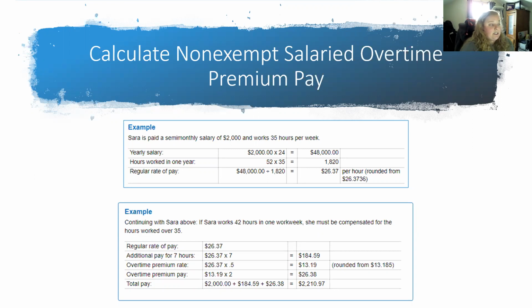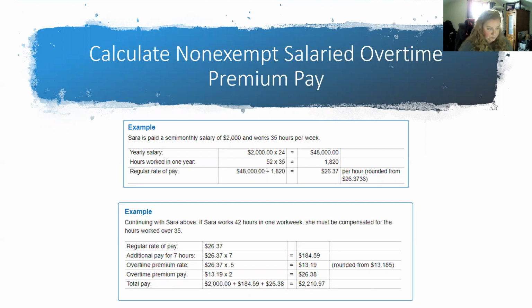Now, she is on a 35-hour week. So instead of multiplying 52 by 40 like we did in the last example, we're going to multiply 52 by 35, which gives us 1,820 hours that she should work during the year based off of that 35 hours per week. So if we divide the 48,000 by the 1,820, we get her regular rate of pay at